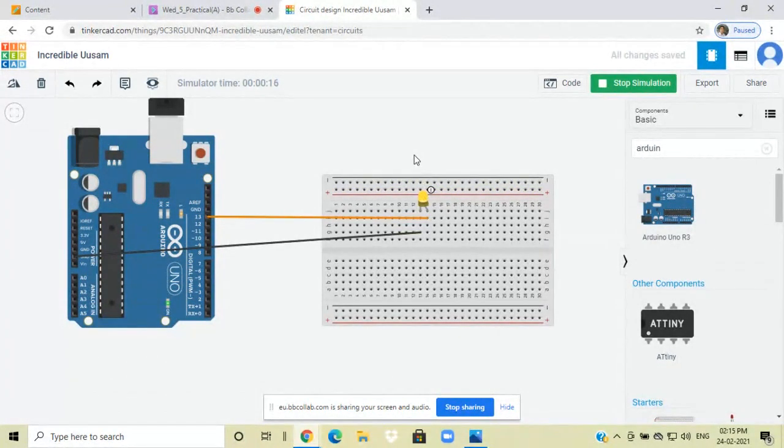Okay, so the message is when the current is passing through the LED, it means when LED is giving light, the current passing is the 52 milliampere, which is greater than the desirable. Okay, so in that case, what will happen? The life cycle of LED will reduce. Okay, so how to improve this? I will connect one resistor here.